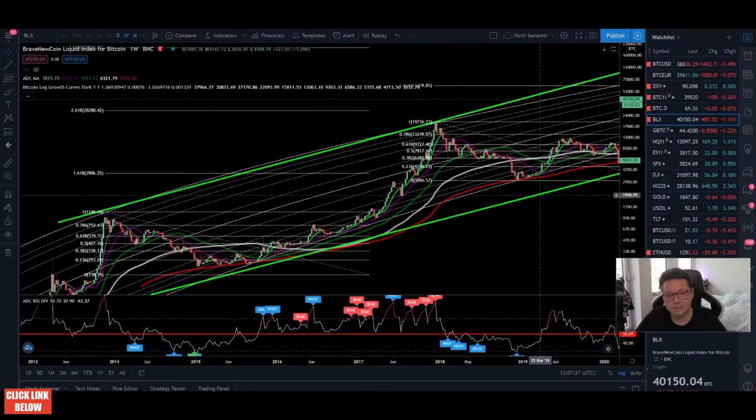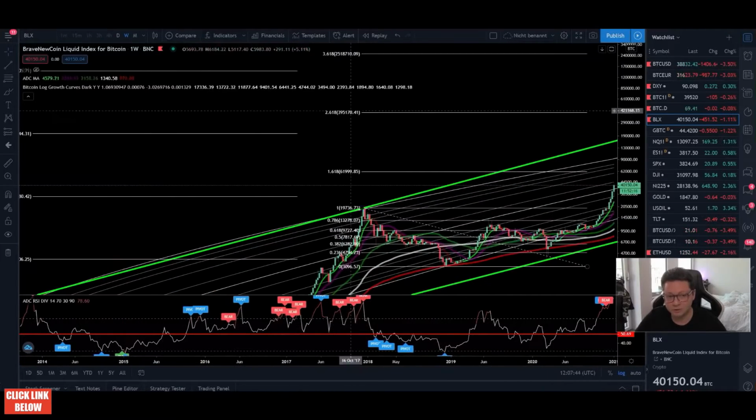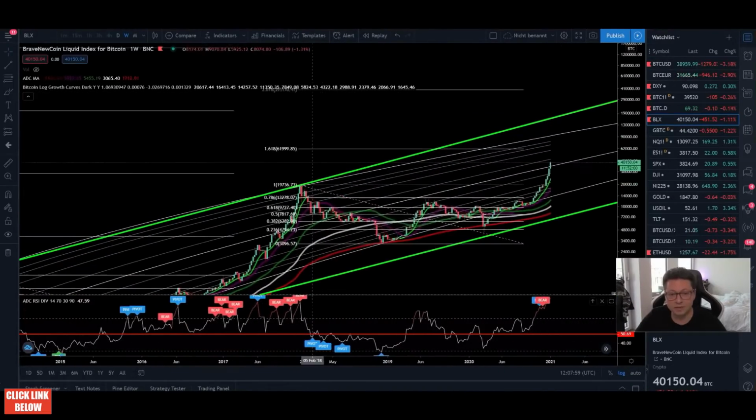So you can see that we came very close here to the 2.618 fib extension level, and this is also what we could see in this cycle, that we may become very close to this price level here, maybe not exactly 400,000, but somewhere between 300,000 to 400,000. That is, in my opinion, a very realistic target, even though this would of course overshoot this growth